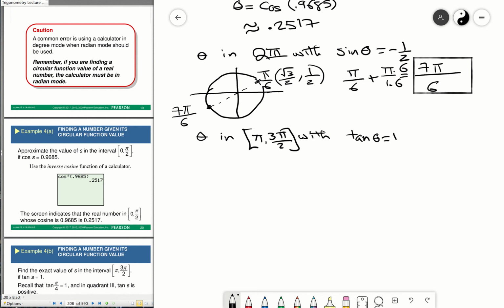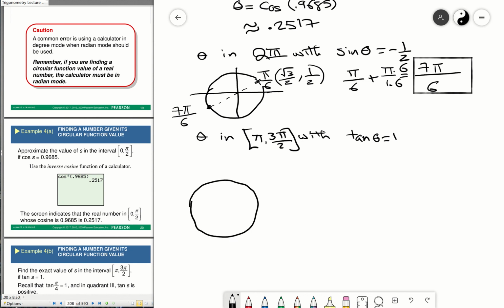When it comes to tangent, there aren't that many that you're going to remember, but definitely one of them is when the tangent is 1. That should look familiar to you, and if you remember, it's the 45-degree angle whose tangent is 1, and the radian equivalent of that is pi over 4. So we know that